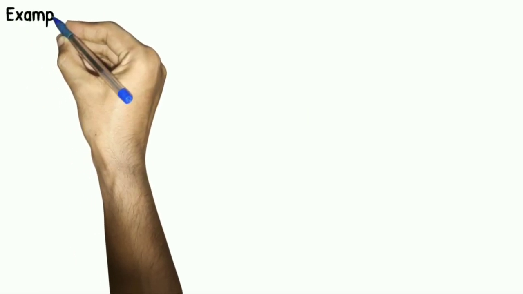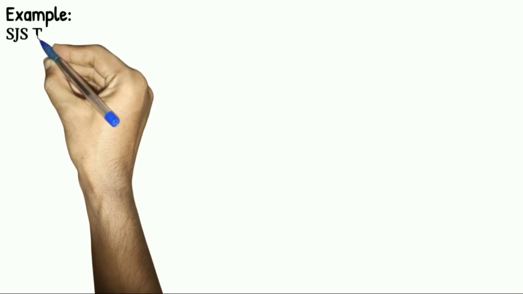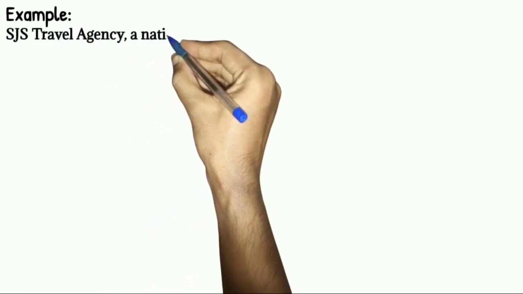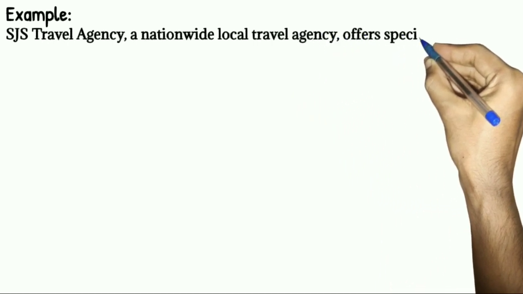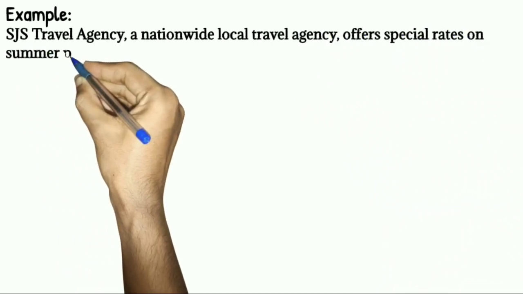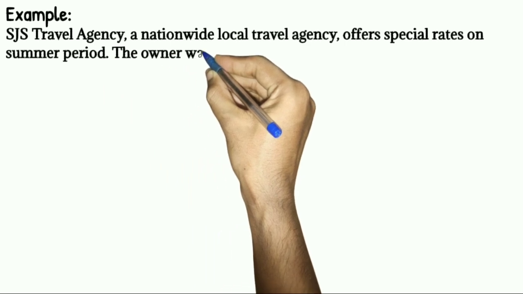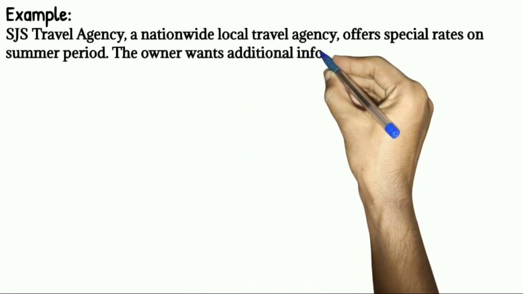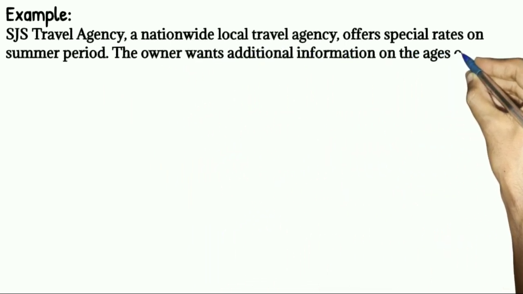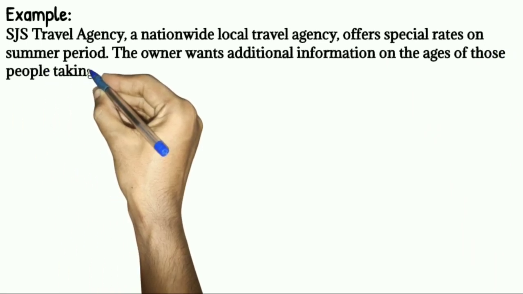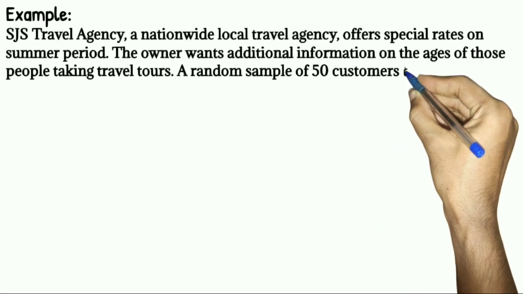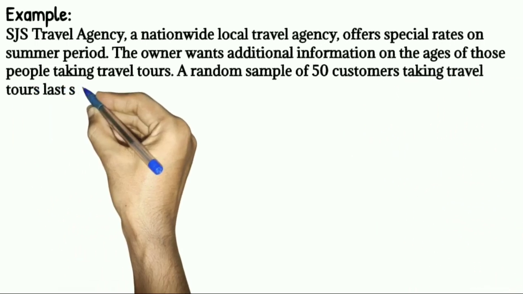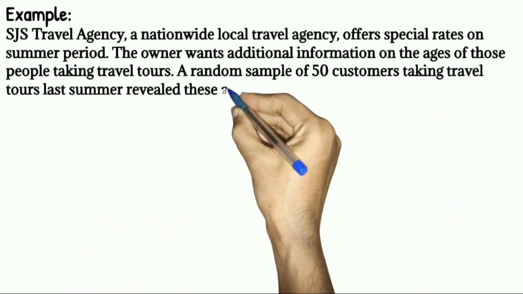Let's now apply the formula by having an example. SJS Travel Agency, a nationwide local travel agency, offers special rates on summer period. The owner wants additional information on the ages of those people taking travel tours. A random sample of 50 customers taking travel tours last summer revealed these ages: